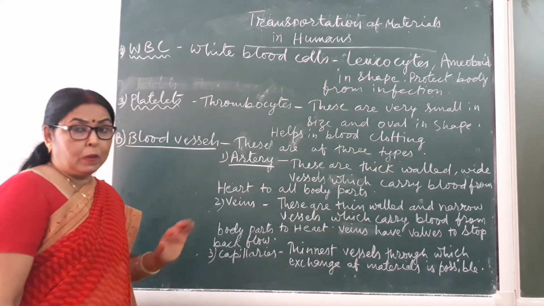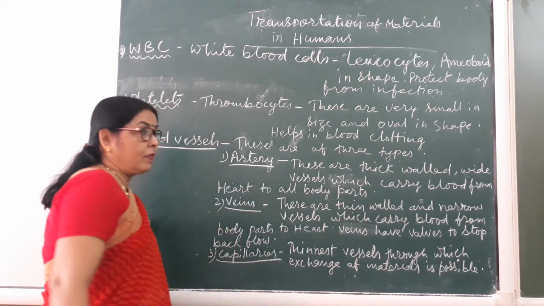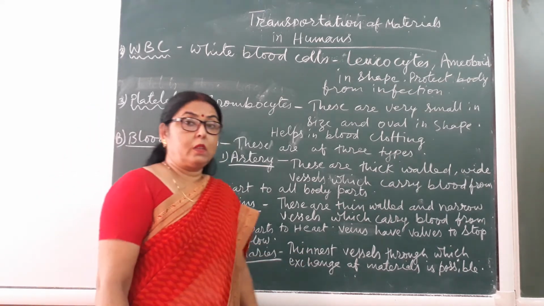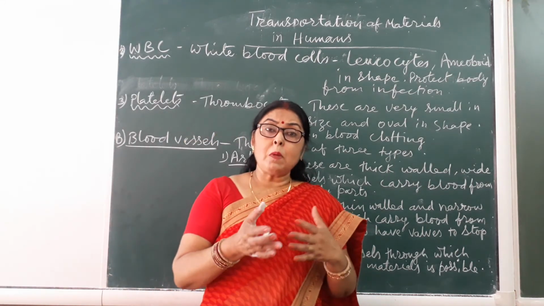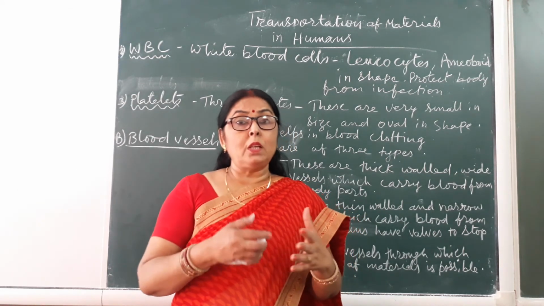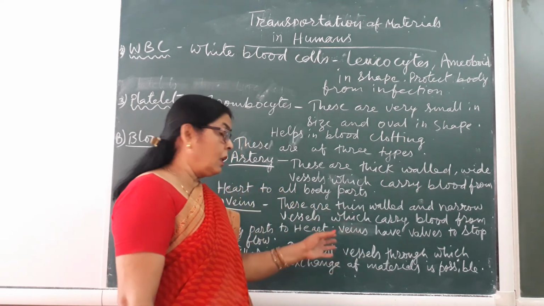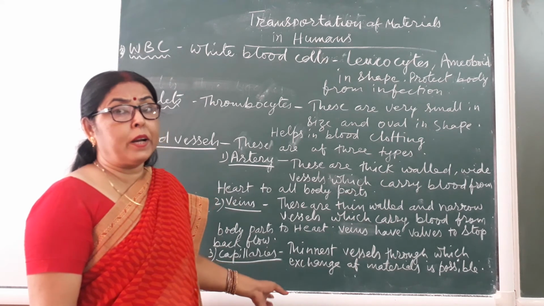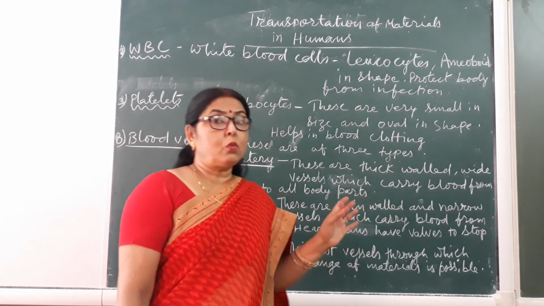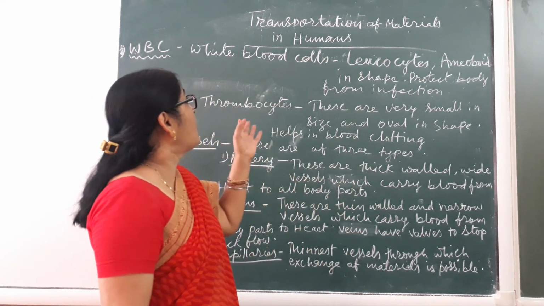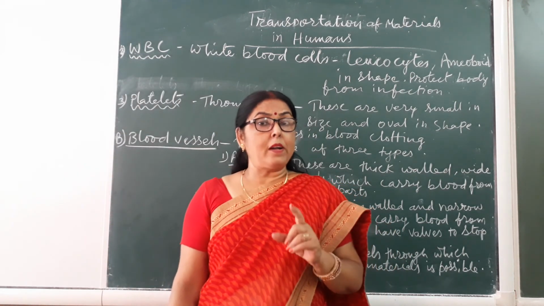Third is the capillaries. Capillaries are the thinnest vessels through which exchange of materials, means gases or waste products, can be diffused through the vessel walls. So you can imagine how thin they are, and these also join arteries with the veins at their end point. So in this way we have finished the circulatory system. The third part is the heart.